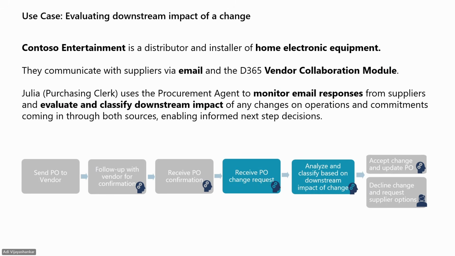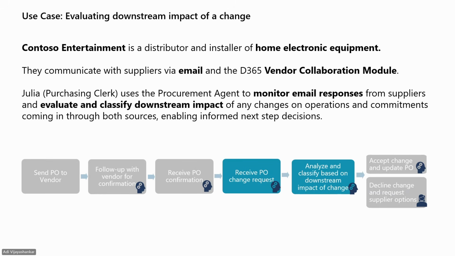First, let's look at how a purchaser can use it to see if changes communicated by a supplier have downstream impact. So if we take Contoso Entertainment as an example company, which is a distributor and installer of home electronic equipment, who purchases speakers and other supplies from various vendors, and they communicate with their vendors via email and also the D365 vendor collaboration module. So Julia is a purchaser at Contoso who uses the procurement agent today